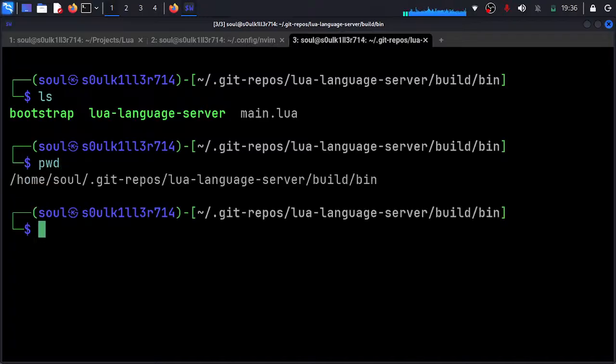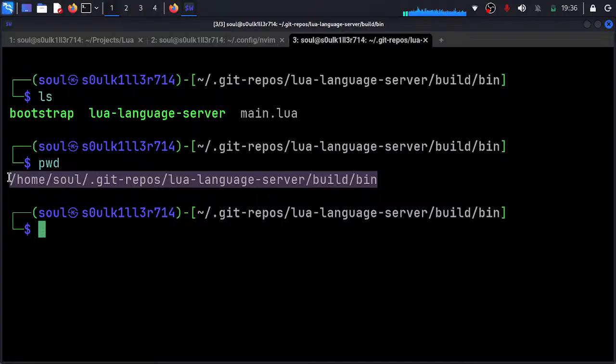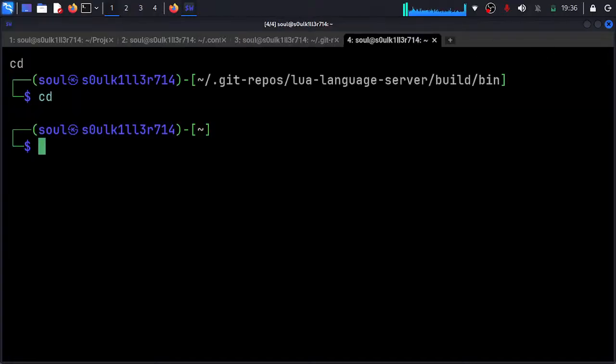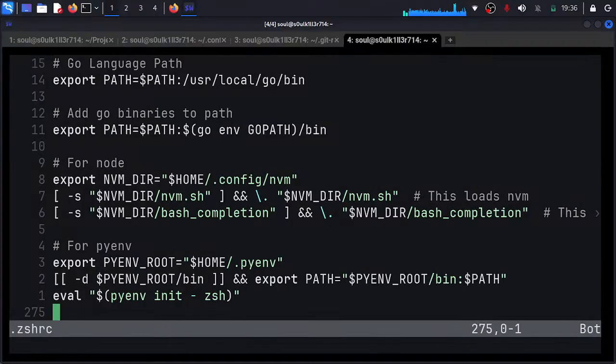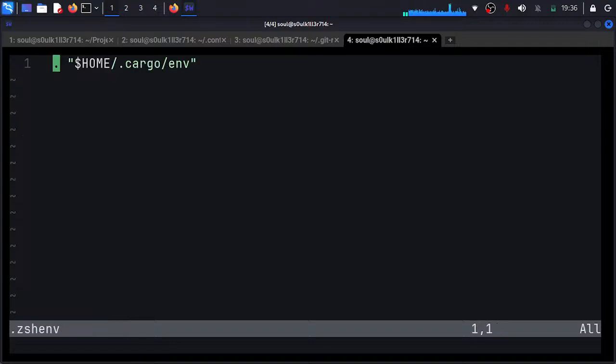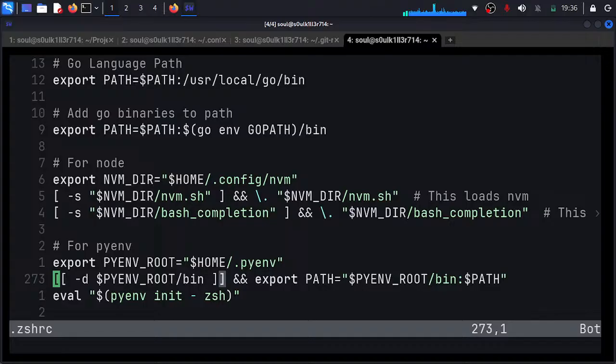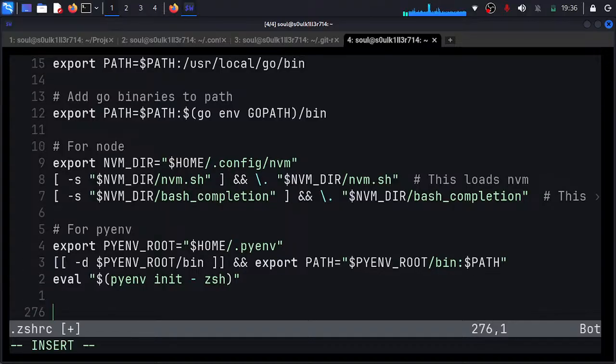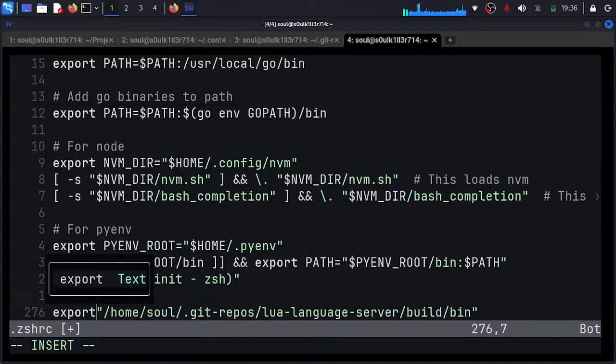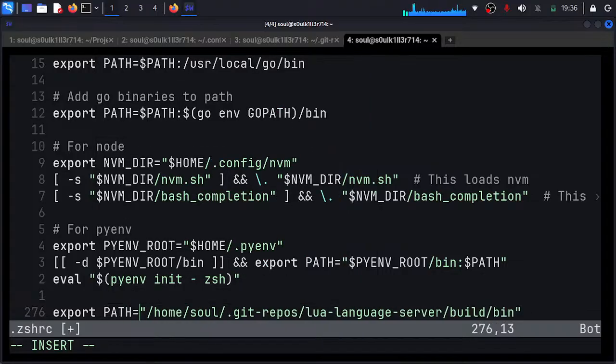Okay, pwd, where is it? I can add this to the path. Let me try it that way. Vim .zshrc, zshenv, zshrc. How do I add stuff to zshenv? Is it export? Maybe it is fine if I just do an export. Export PATH equals PATH colon